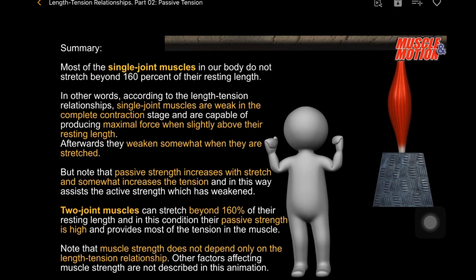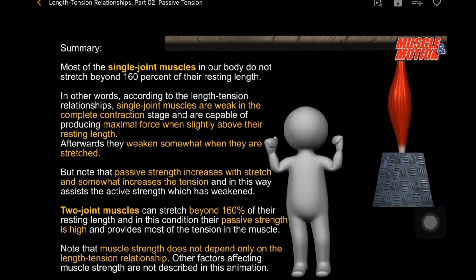In other words, according to the length-tension relationship, single joint muscles are weak in the complete contraction stage and are capable of producing maximal force when slightly above their resting length. Afterwards, they weaken somewhat when they are stretched. But note that passive strength increases with stretch and somewhat increases the tension, and in this way assists the active